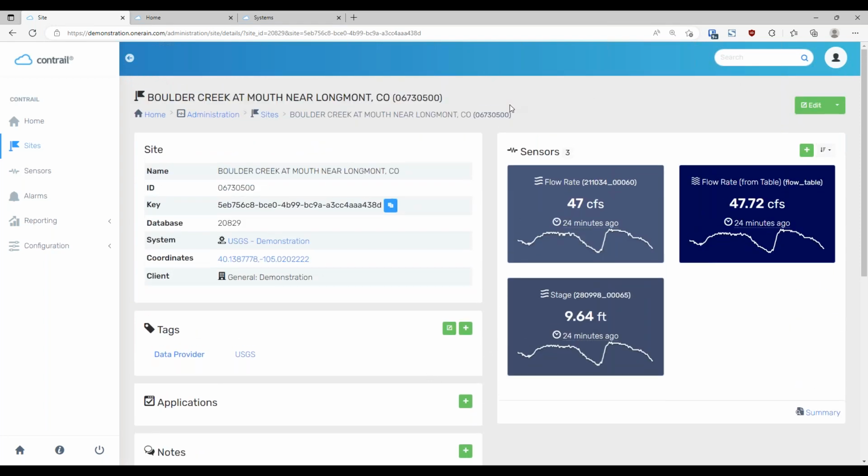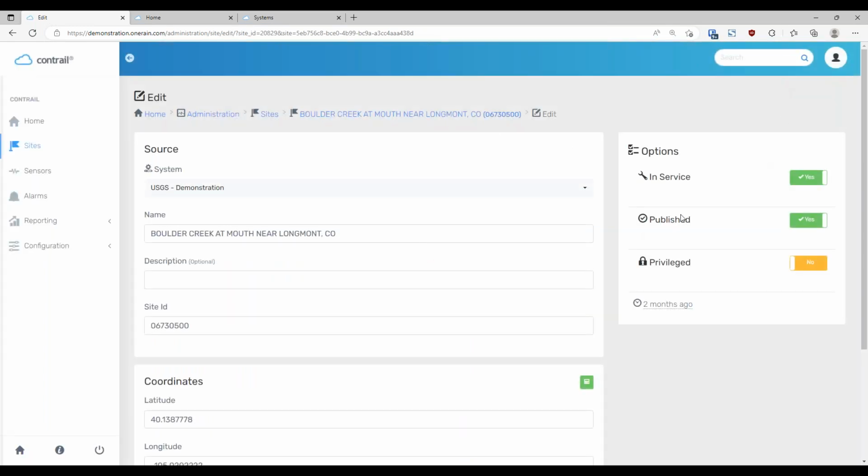The only things to highlight on a site for this session would be in service and the published and privileged. Of course, you can always change the names of sites and things like that. But in service, if you're not familiar, in the case of a data agent that's going out and getting data, if I turn this to off, this will no longer attempt to get data for it. If it's a collector, meaning data is being pushed to us, it'll actually mark the data that's pushed to us with a special maintenance mode flag so that you know